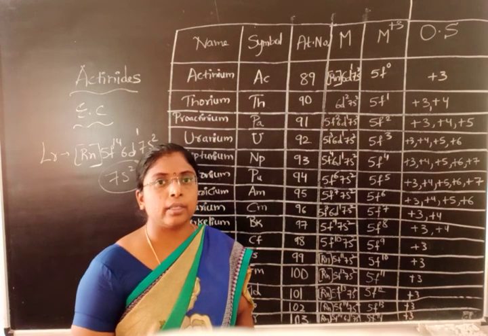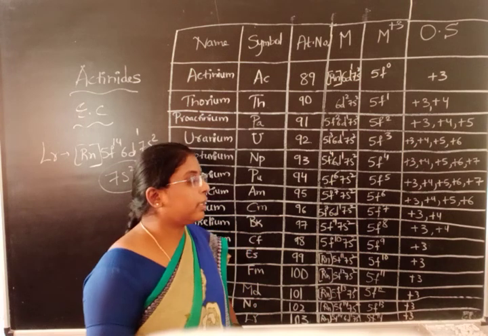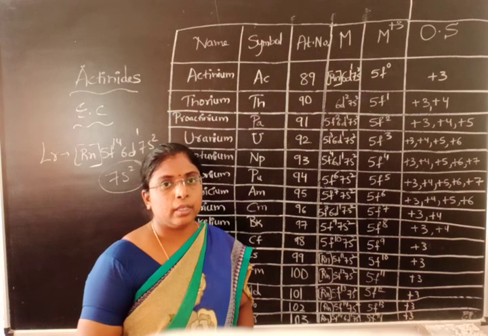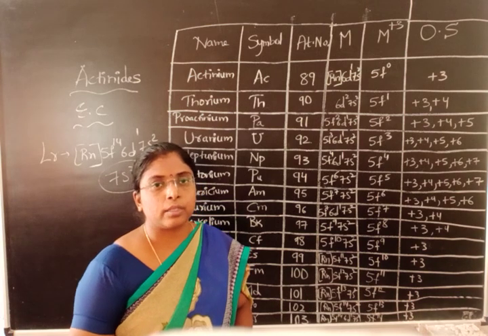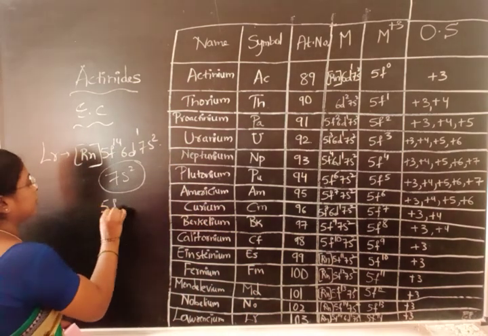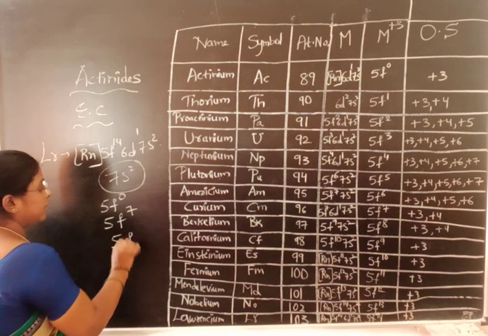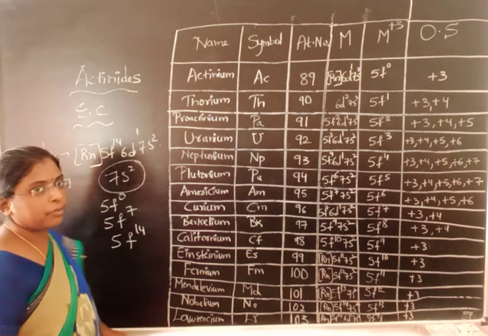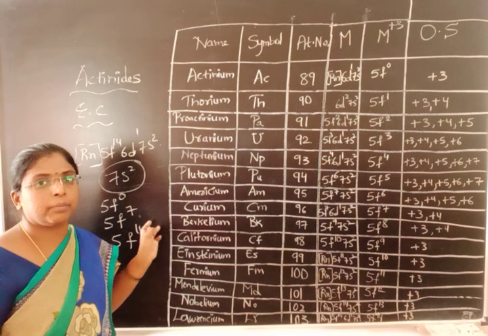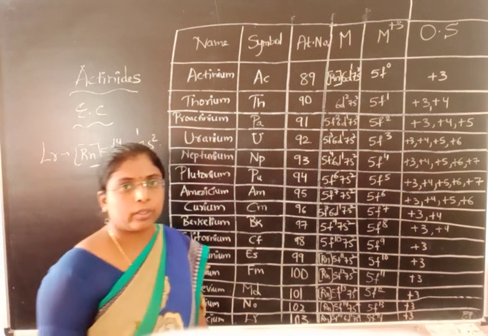There is an irregularity in the electronic configuration observed here. The irregularity in the electronic configuration in the case of actinides is due to stability. Some of the elements are stable with 5f0 configuration, some are stable with 5f7 half-filled, and some elements are stable with completely filled 5f14. Due to the stability of empty, half-filled and completely filled configurations, there is irregularity in the electronic configuration of